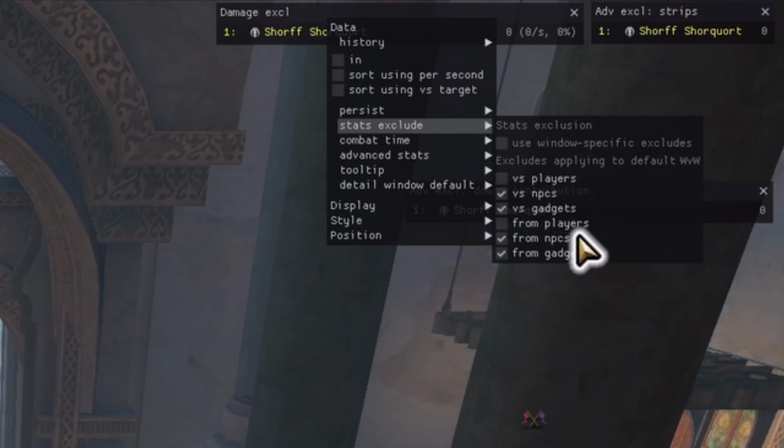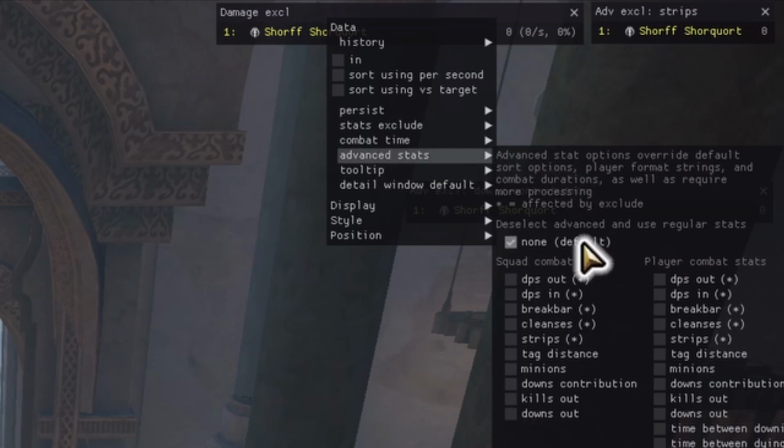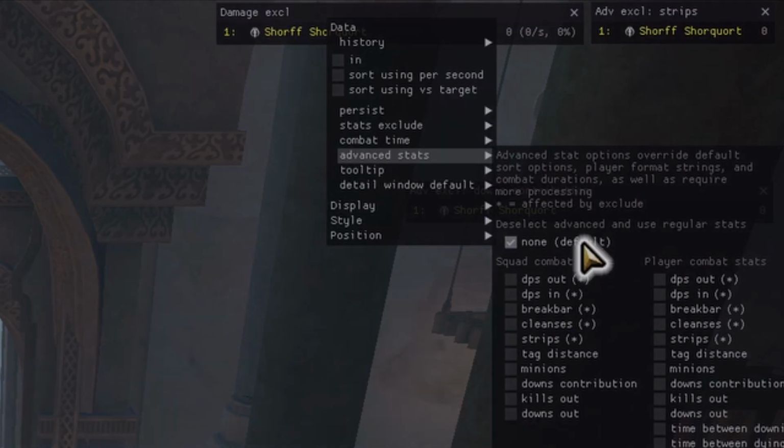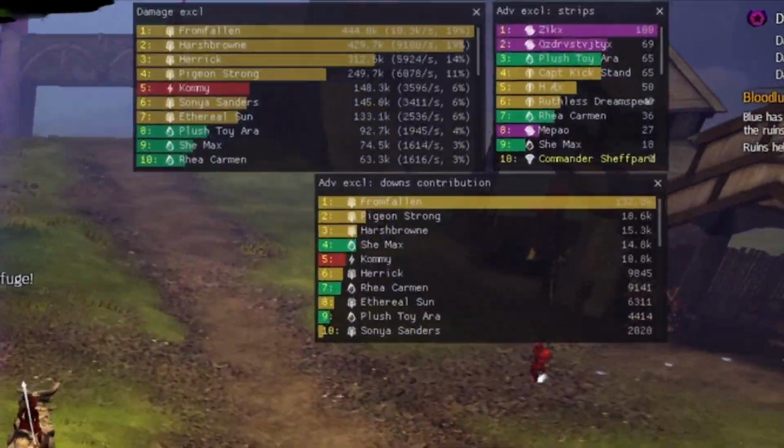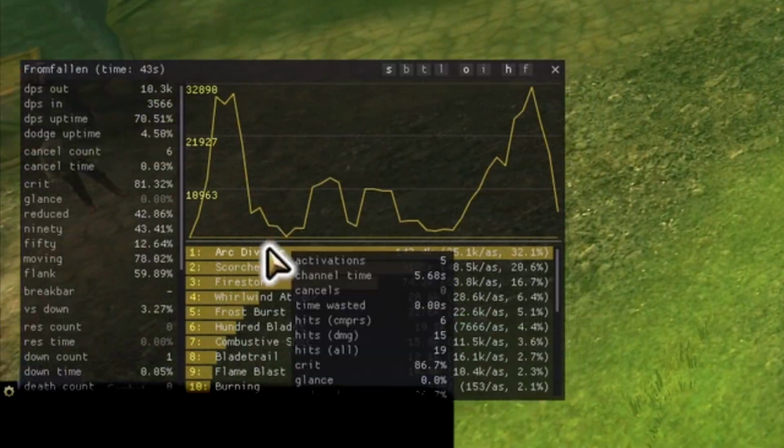both damage from and damage to. This includes things like pets, guards, lords, siege, and other objects which don't involve damage between 2 players. Under Advanced Stats, you'll likely want to have None Default checked as well, which gives you total damage dealt rather than damage per second. After a fight, you can click any player within this window, and you can see their